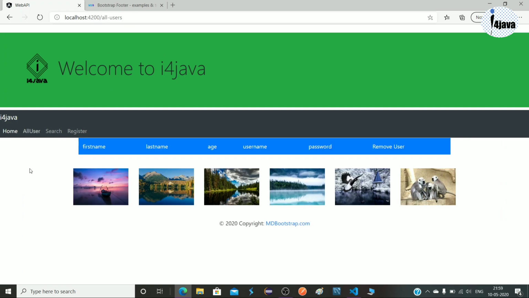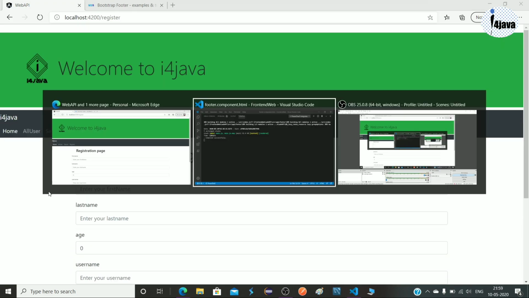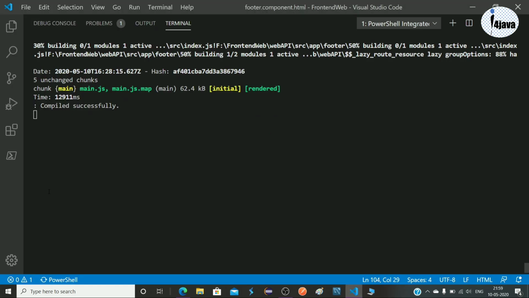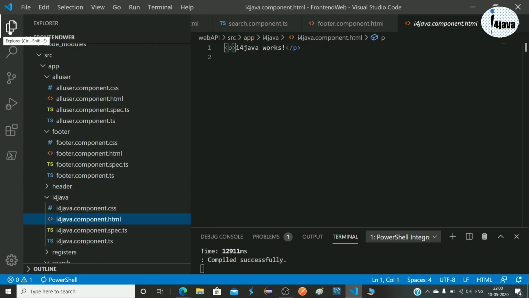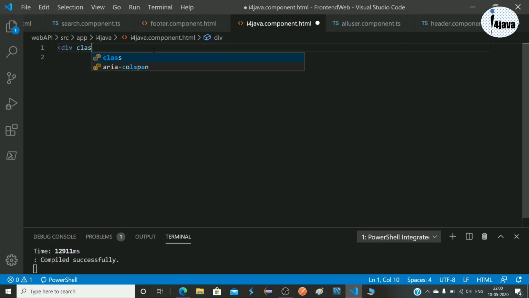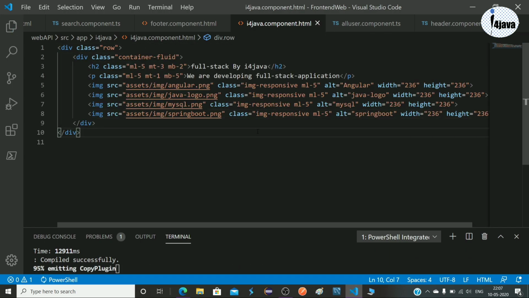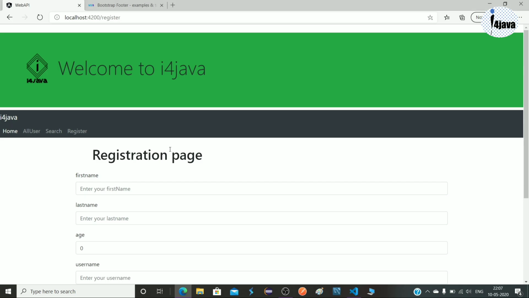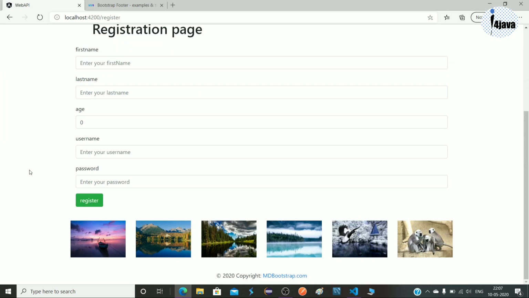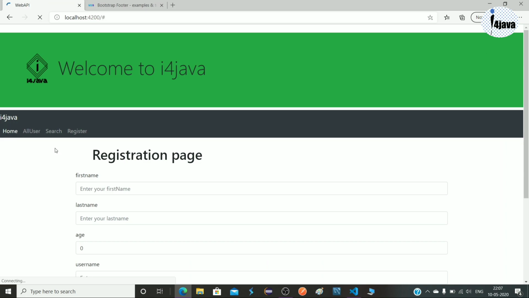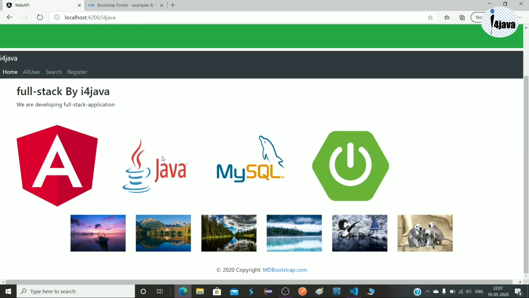Now you can see the images are visible here. After that, for our home component, we will add some images that we earlier saved in our project. So here in the middle you can see all the images.